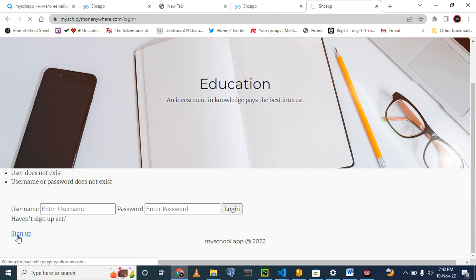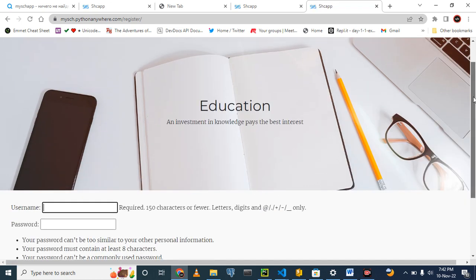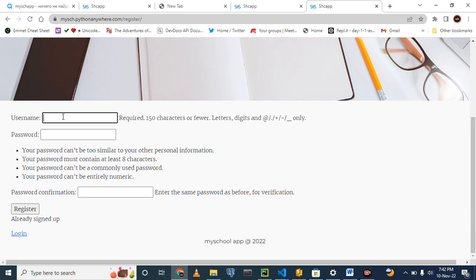Now I want to show you how to sign up. When you come here, you get to sign up, and you sign up like that. For username, you can use such a username as, for example, ABC. You can say password, and password can be anything like your phone number. For example, mine is